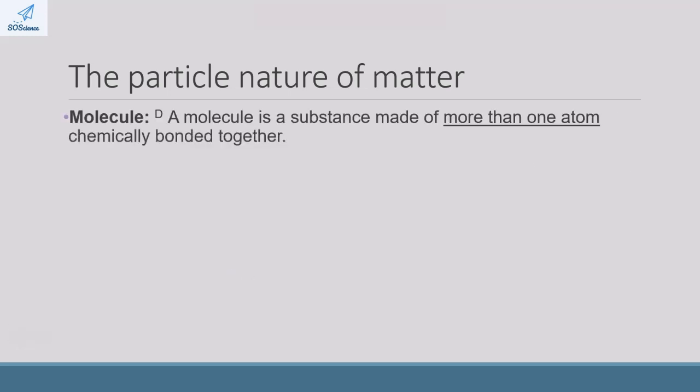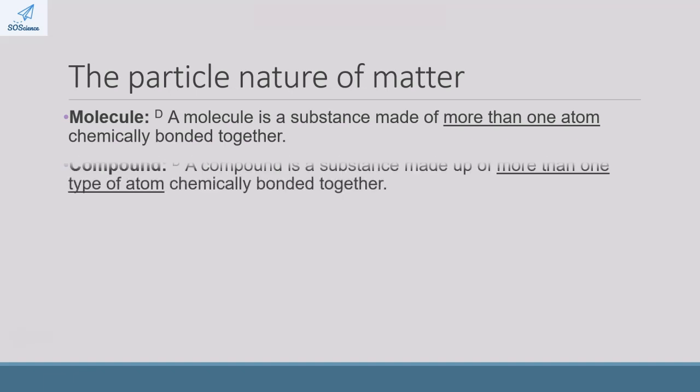Now, this brings us to the definition of a molecule versus a compound. A molecule is a substance that is made up of more than one atom chemically bonded, whereas a compound is a substance that is made up of more than one type of atom chemically bonded. It might seem like a subtle difference as far as the definition is concerned, but it actually has big implications